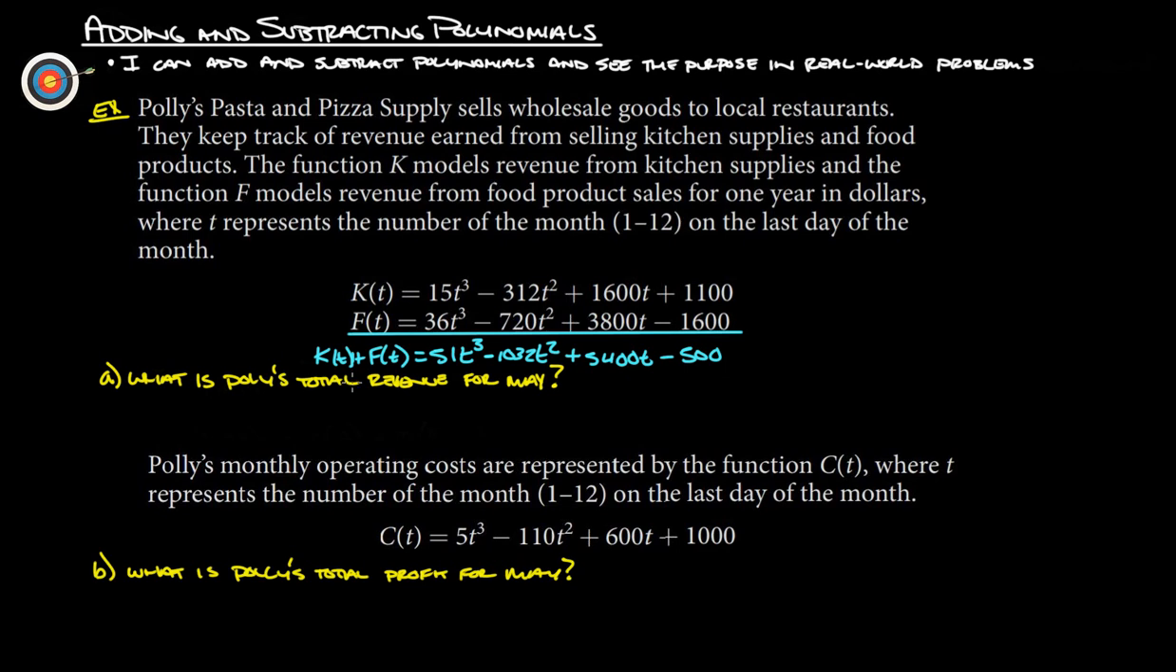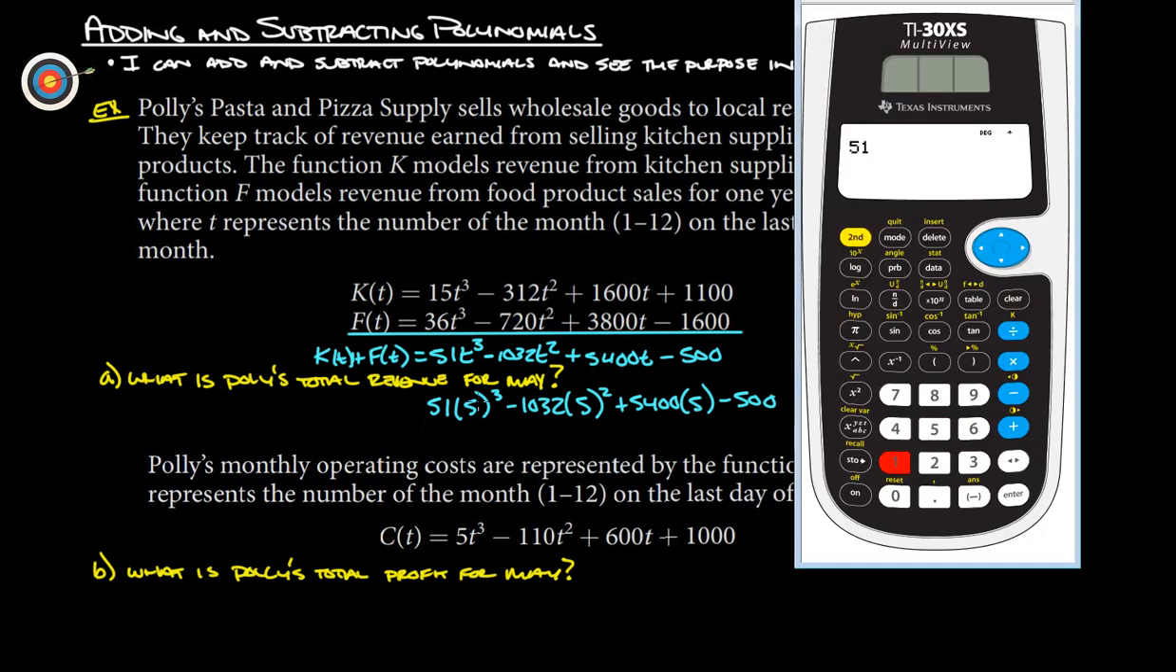Now Polly's total revenue for May would be 51 times T, which in this case is 5, cubed, minus 1032 times 5 squared, plus 5400 times 5 minus 500. So we'll get our calculator here: 51 times 5 to the third power. The power button, remember, is this little up arrow. 5 to the third. They actually have a square button on here, but just in case. And then we get minus